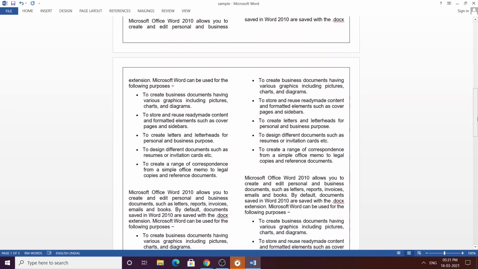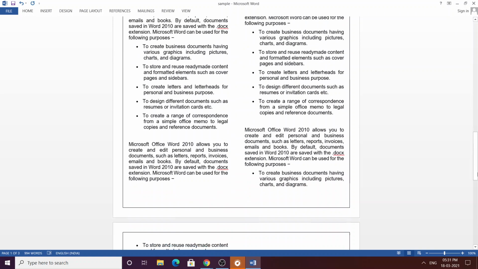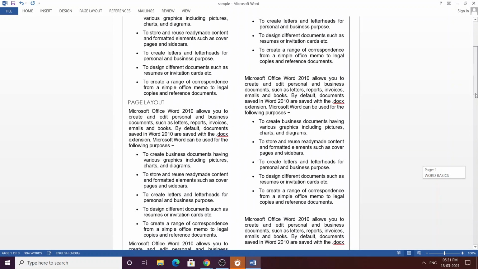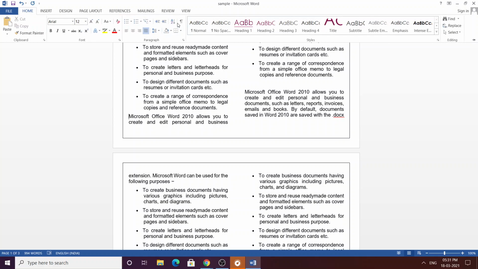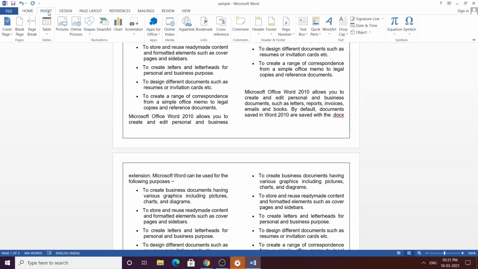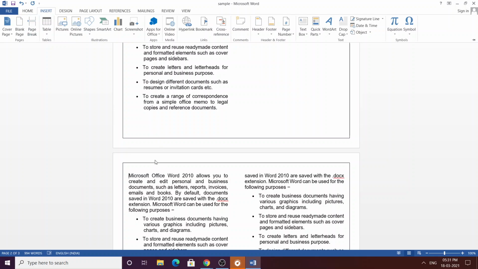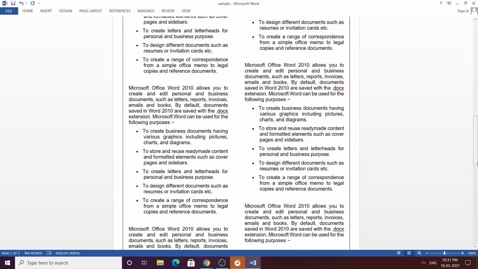If you are preparing any project document or IEEE document, then this would be helpful for you to edit. And if you want a text to start from the next line, then you can keep your cursor in this line and click on page break, as we have already seen in the last video. If we select insert page break, the line will be moved to the next page.